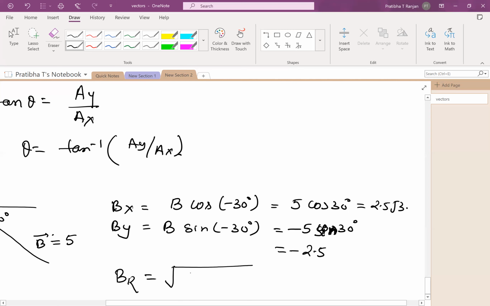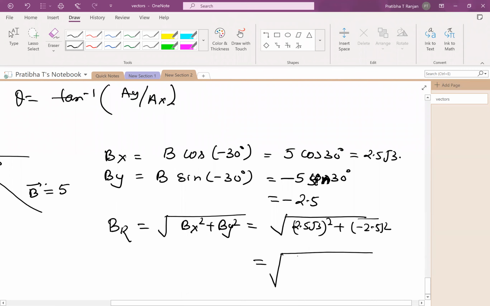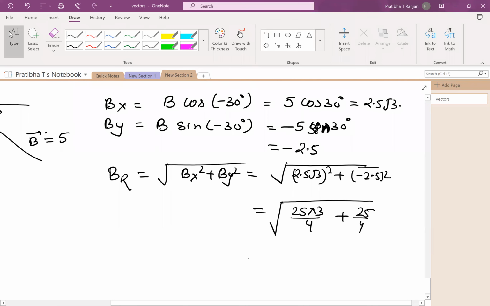So it will be root of Bx squared plus By squared. So 2.5 root 3 squared, and negative 2.5 squared. I'm just going to put it in a fraction because it's easy to calculate. 25 times 3 over 4, and this is 25 over 4, and together it is 100 over 4,